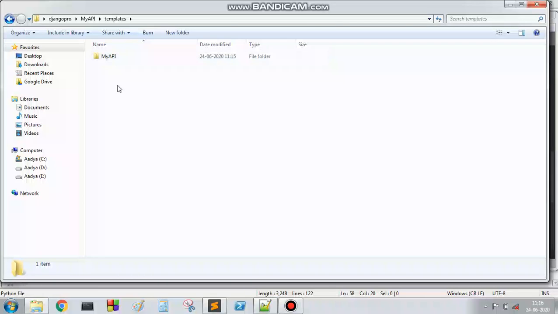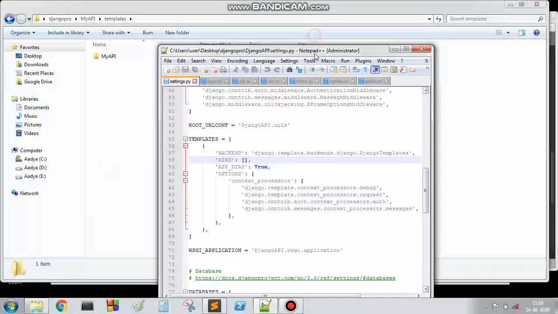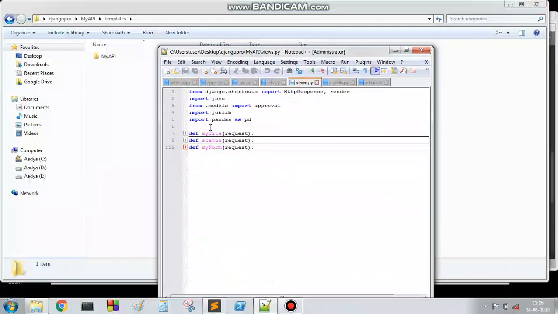For clear understanding, I am going to the view here. Where is the view? Yes, here is the view. Suppose here I am opening my form. Look, the returned value is the rendered output of an HTML file. But what is the location? My API.